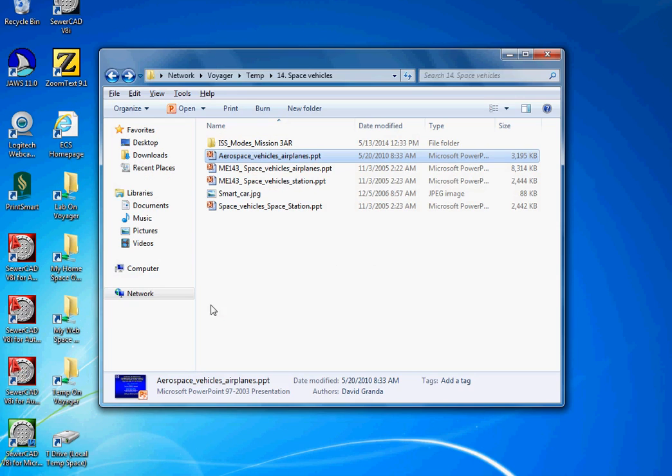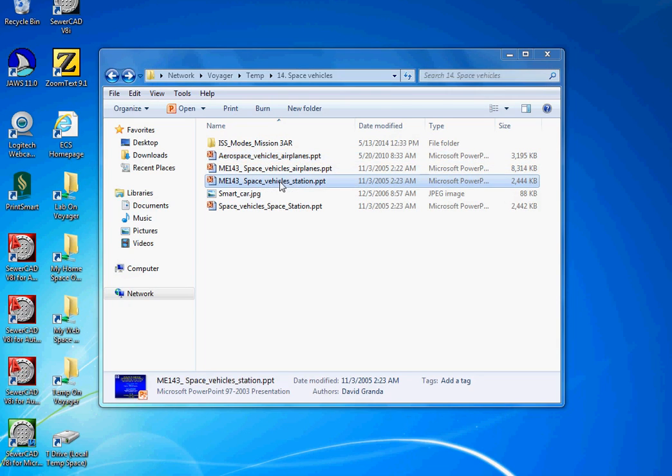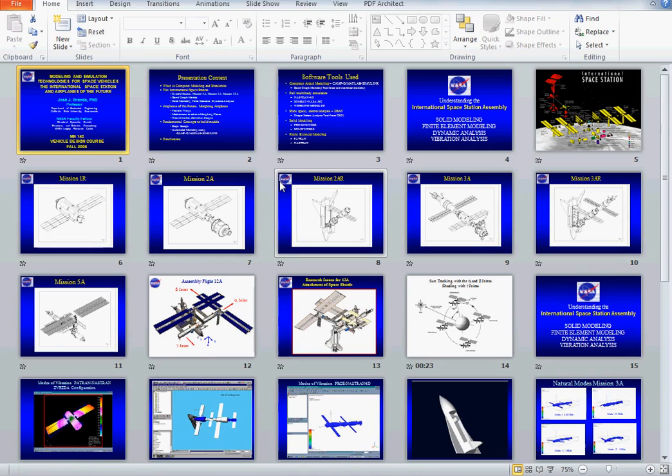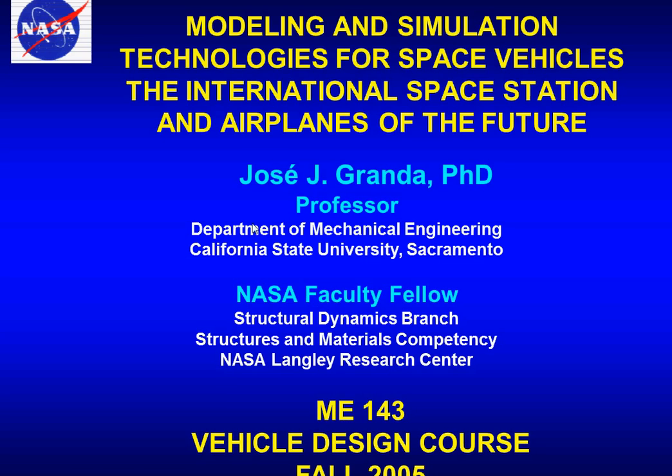Now, let's take a look at the space station, okay? This is the space station developed also with the same technology. All right. Here's